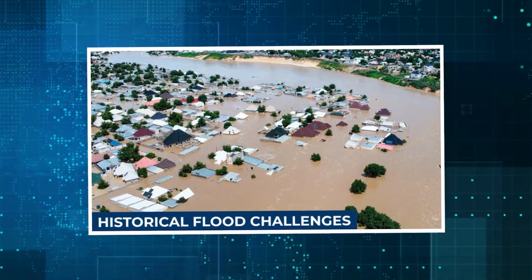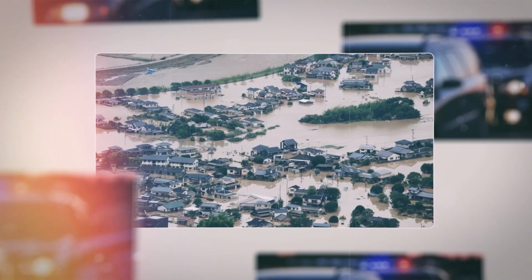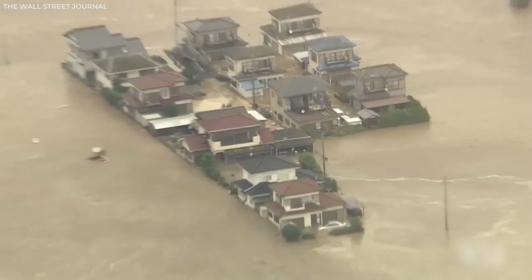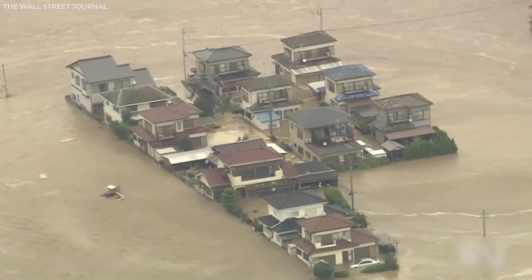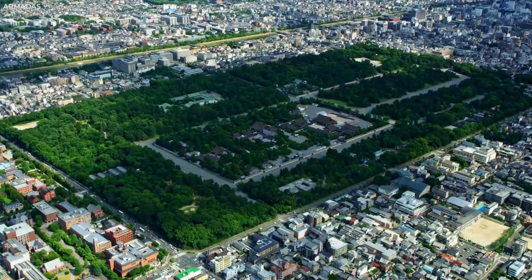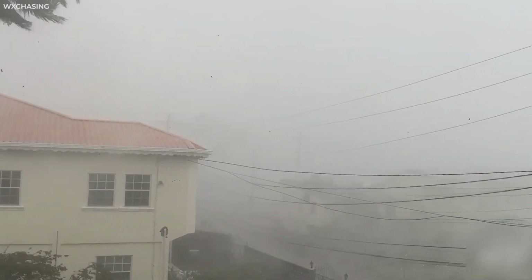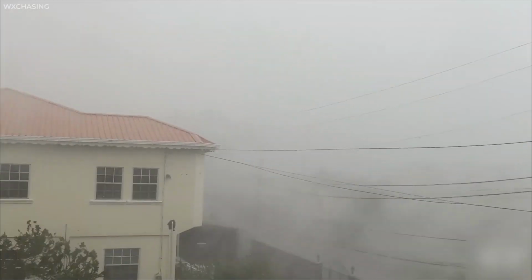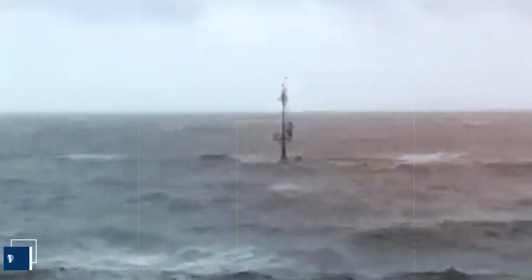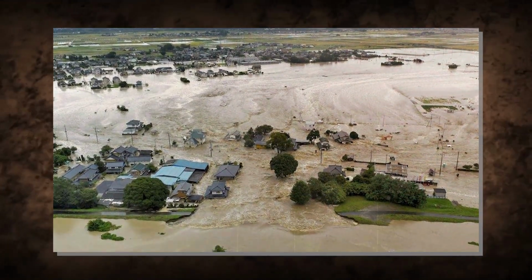Historical flood challenges. Tokyo's history with flooding goes way back, with plenty of records from the 1600s describing the city's watery struggles. Built on a floodplain, the city was always at risk. Then, as Tokyo expanded, more roads and buildings replaced green spaces, boosting the water runoff whenever storms arrived. One major turning point came in 1991, when a fierce typhoon unleashed widespread flooding and caused billions of yen in